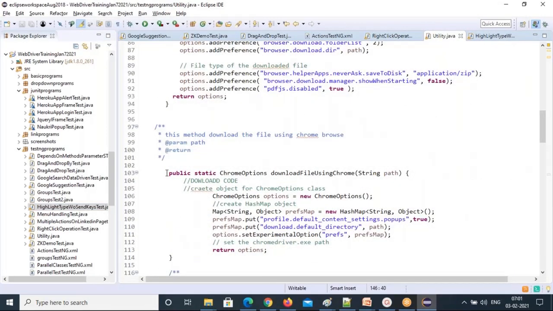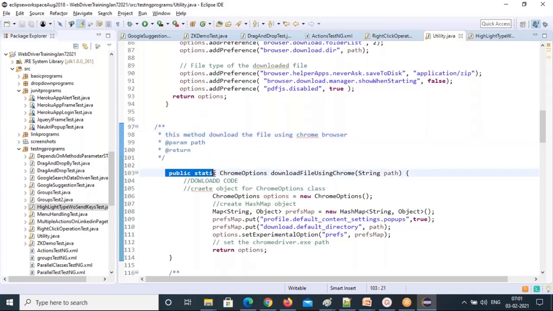You can see here, this method downloads the file using the Chrome browser. If you want to perform a download using the Chrome browser, we need to set some settings in the Chrome browser itself. How can we set that?